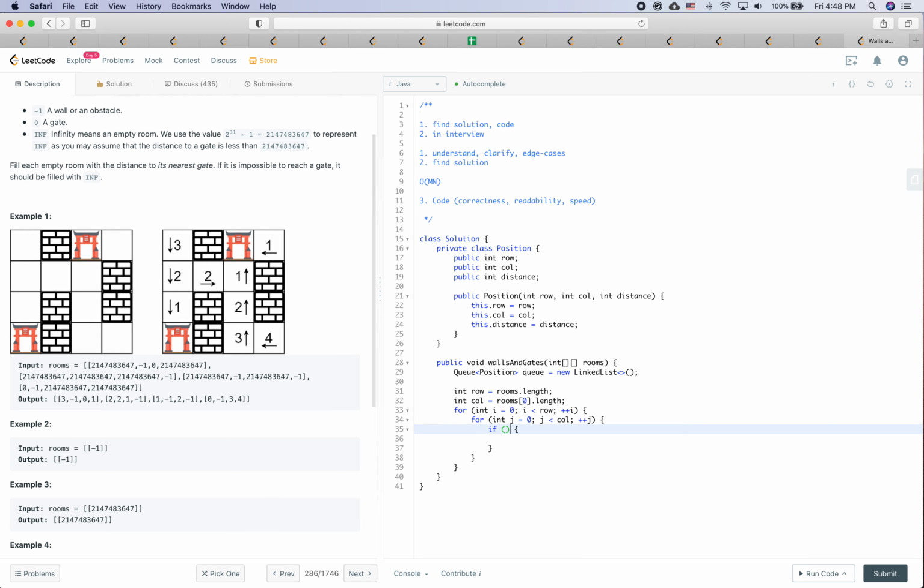If it is a gate, so if rooms[i][j] is equal to 0, 0 is a gate. If it is 0, then we are going to put it in the queue: queue.add(new Position